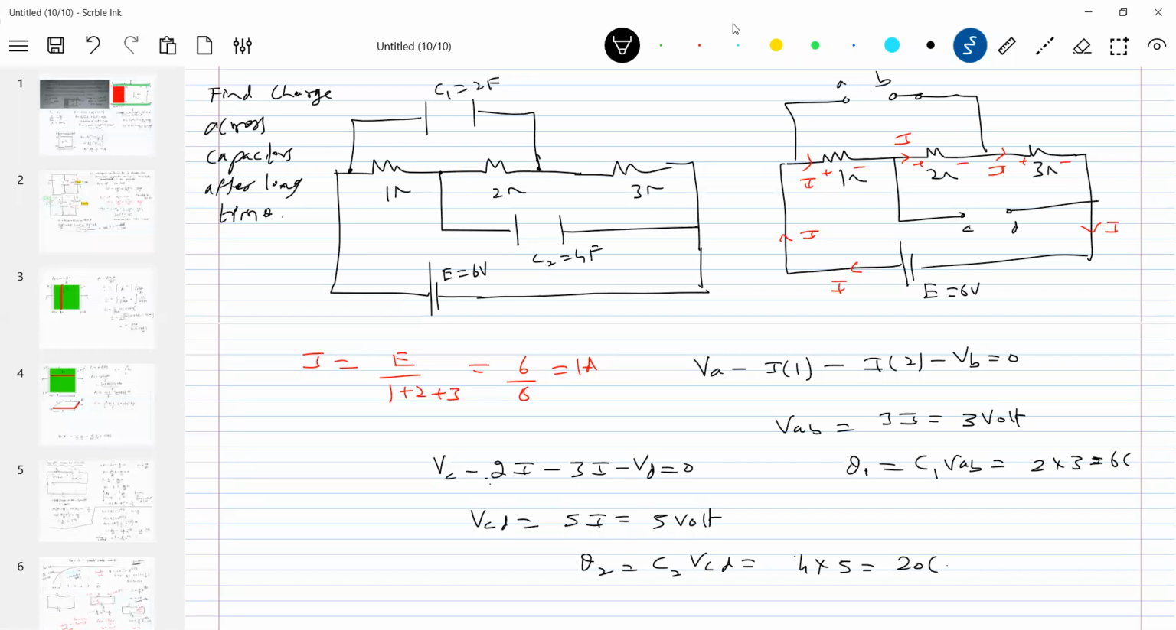Got this? You're just being asked for steady state charges. So this should be the approach. You should not go for any other differentiation or mathematical method. Unnecessary, you'll be wasting all your